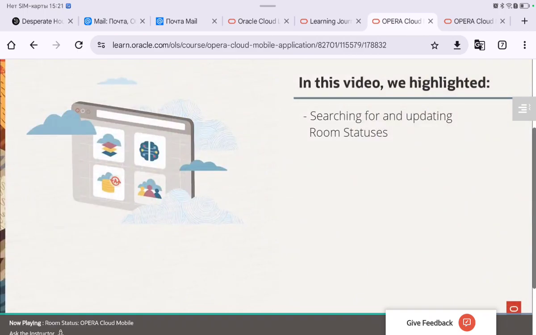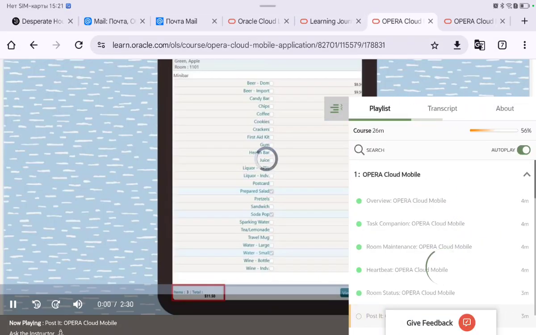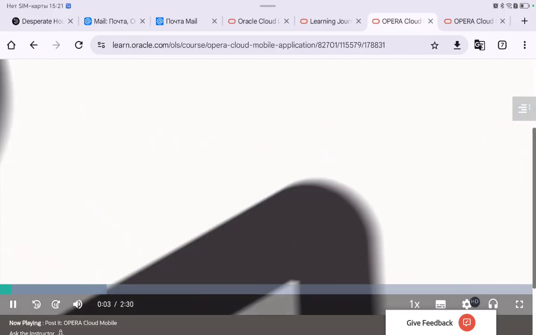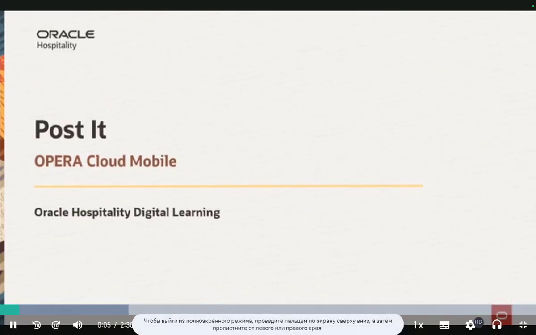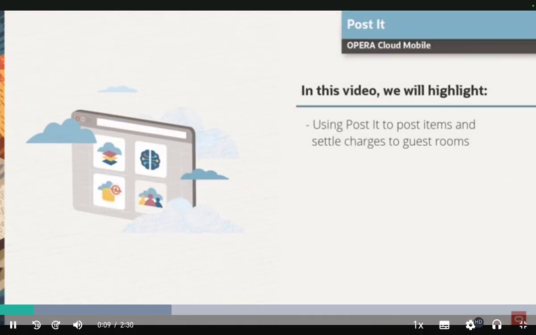Post-it, Opera Cloud Mobile. In this video, we will highlight